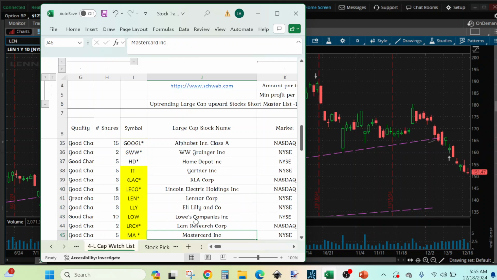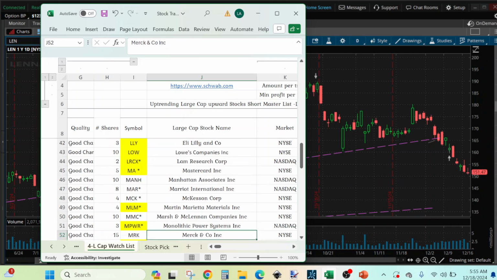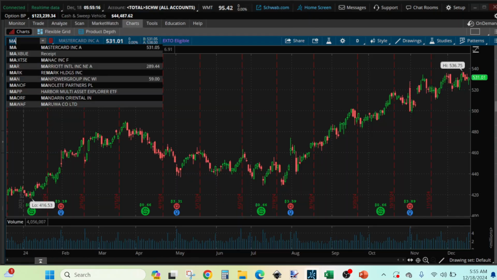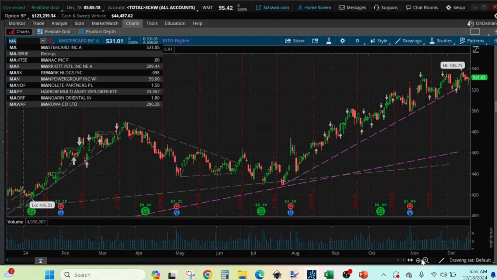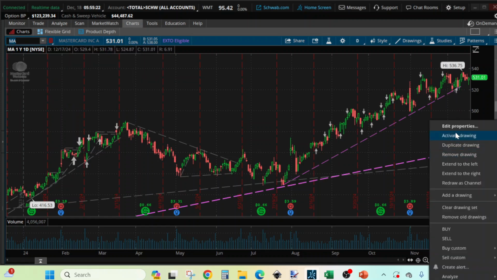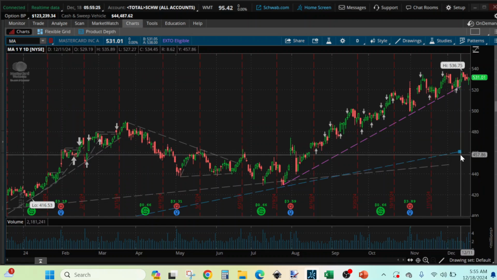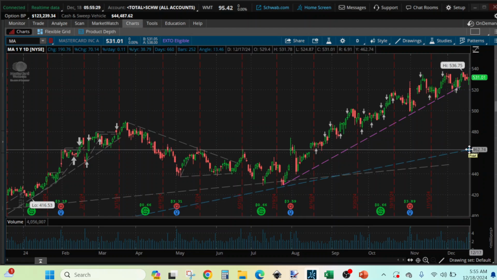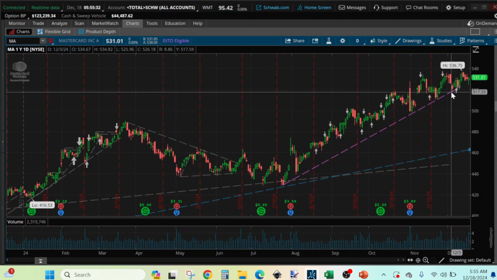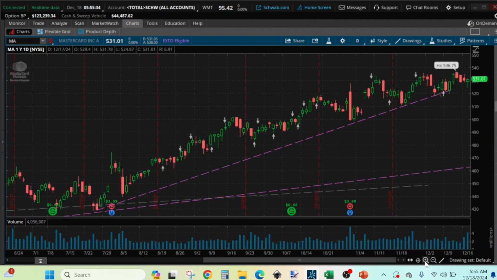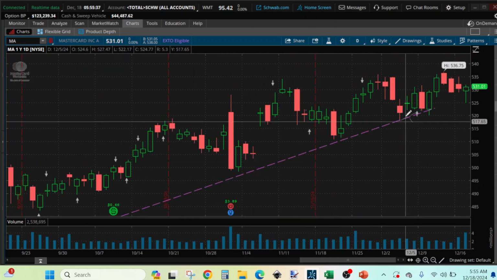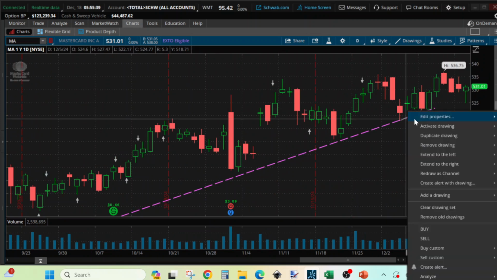We'll move to MA. We bought MA already, and we might need to trace some lines here, since we can see their lows. And this one we will trace as well. We bought it on this line, and make me think, I don't know why I have